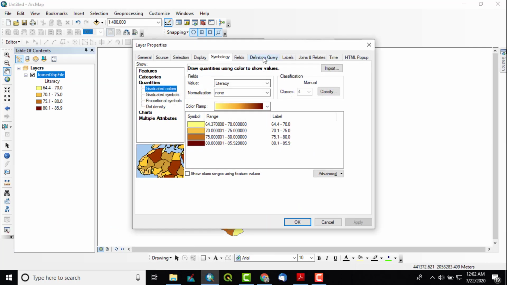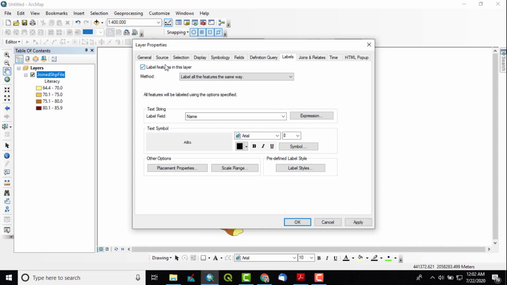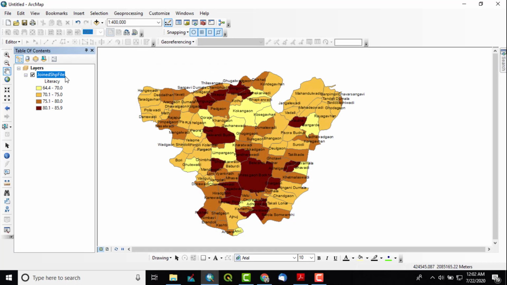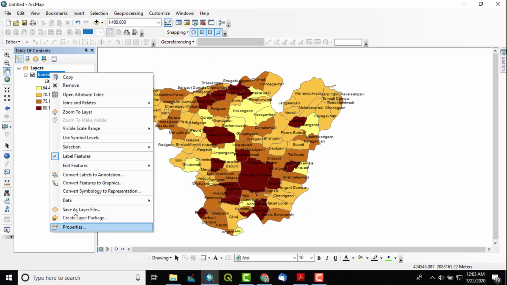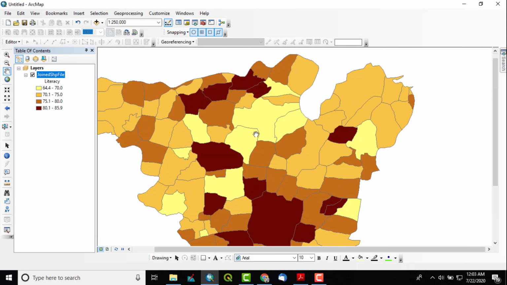I will again go to properties, and in labels I will show the village names. Labels, label the features, and name. Apply. Okay. Labels are visible.